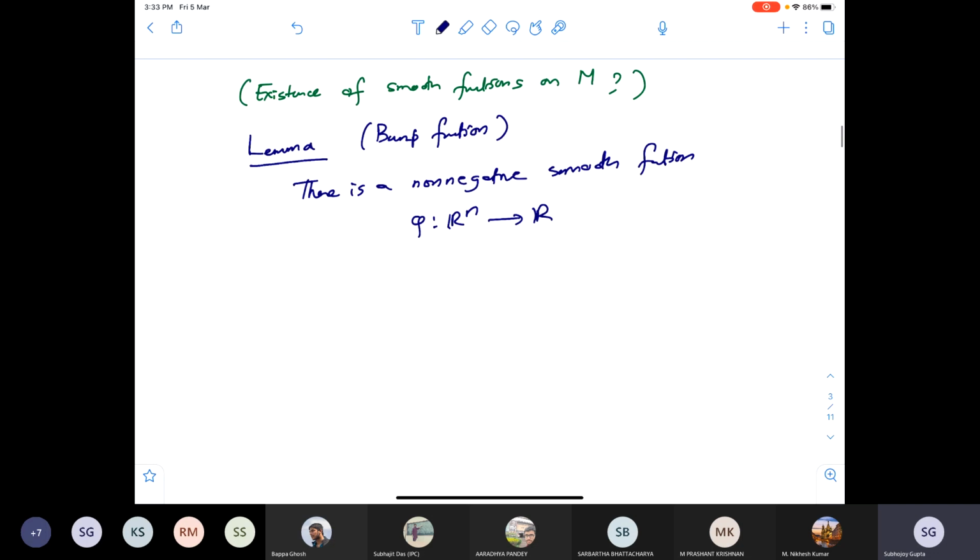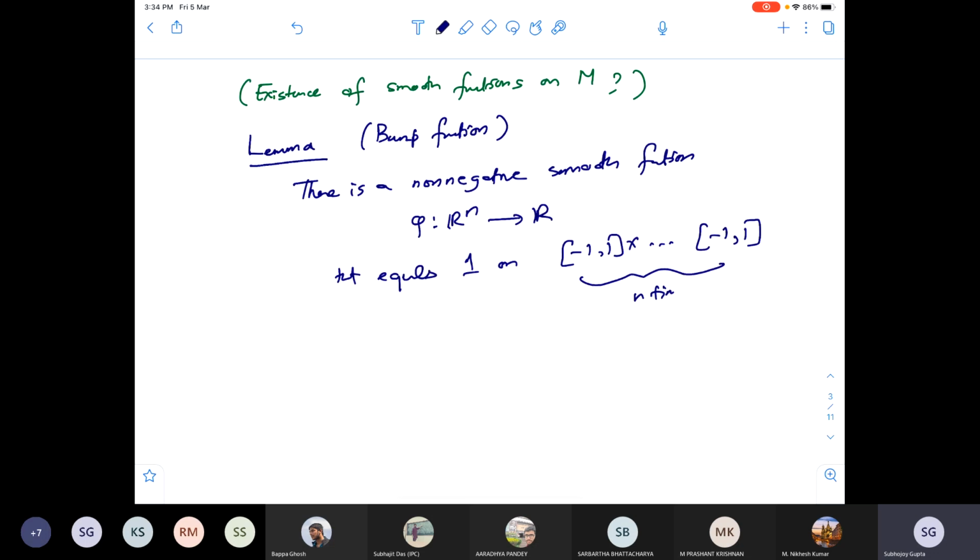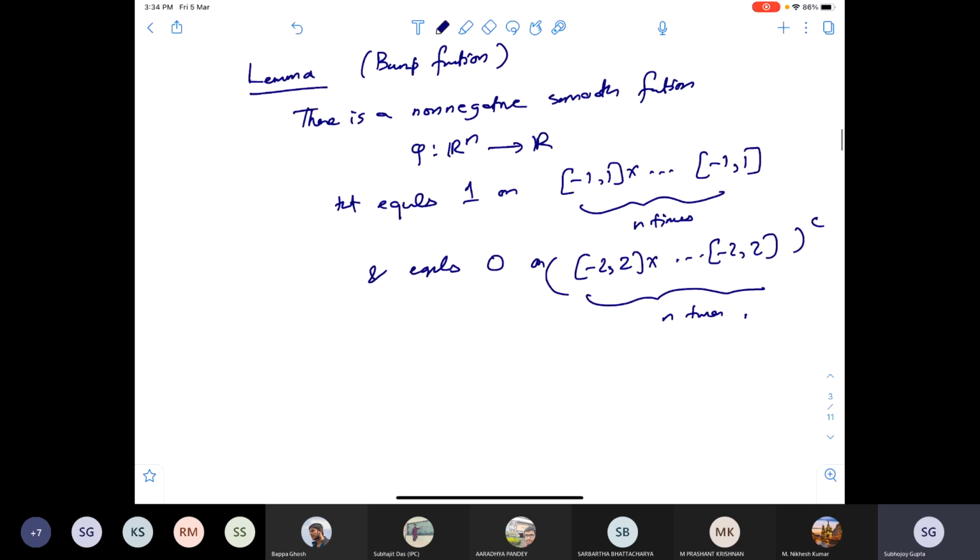So f: R^n → R equals 1 on, let's say, a unit cube. It's a product of all these intervals on the various coordinate axes, and it equals 0 on the complement of a larger cube, (-2, 2) times (-2, 2) and so on, n times, whole complement. So if you take R^2,